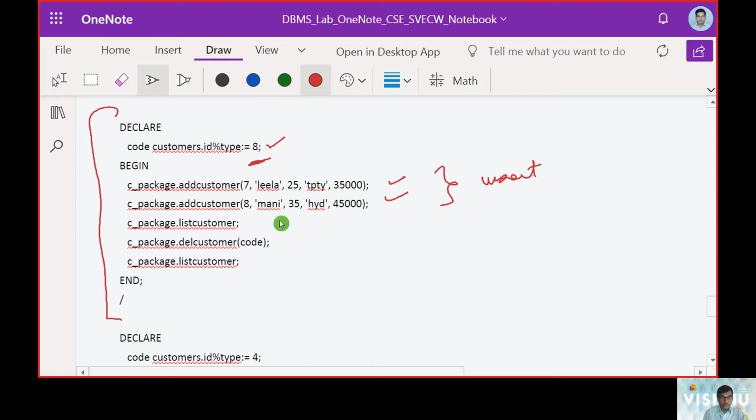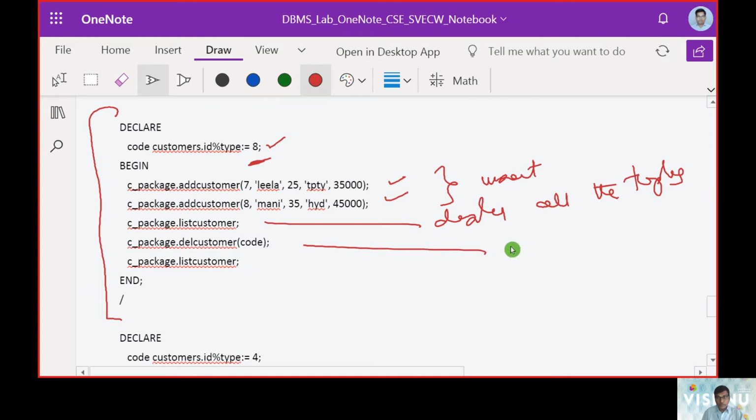Then we want to display all the tuples. Then we will drop a tuple, that is 8, and again we will verify whether 8 was dropped or not. This is how the main body is going to call up.